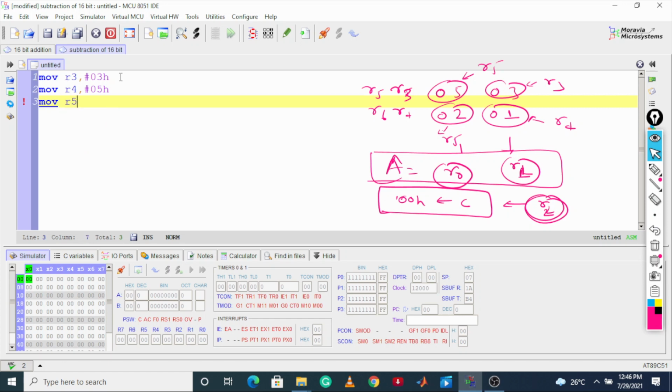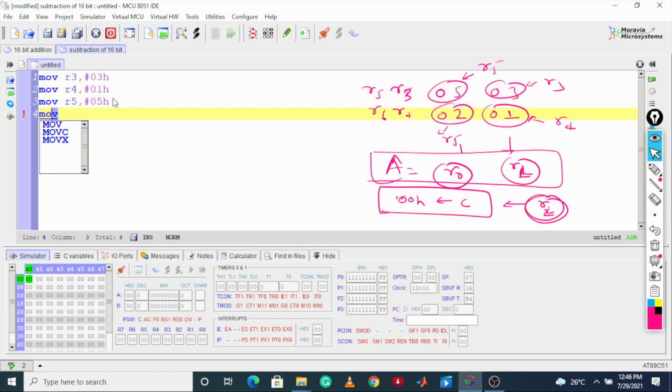Now I'm going to move R5 with 05H. I mistakenly did R4, it was 01.